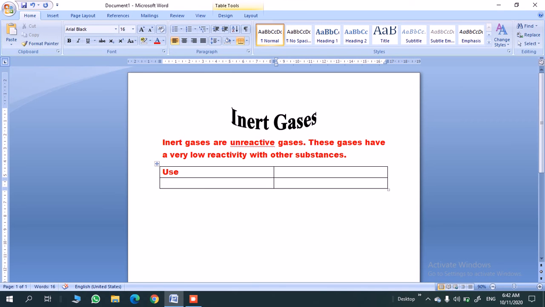Click on the table's first row and type your text. If you are going to the next column, press the tab button on your keyboard. It will take you to the next column. After completing the text in the next column, again press tab. It will take you to the next line.